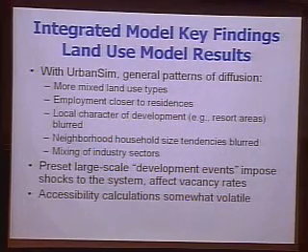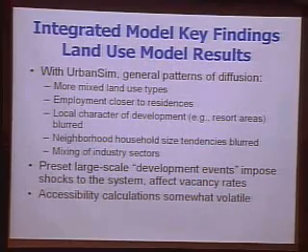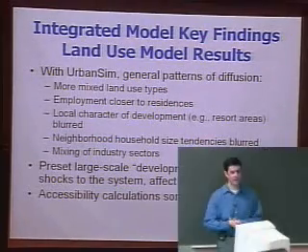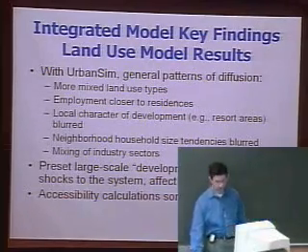I also found that those accessibility calculations can be somewhat volatile. I looked at the differences between 2000 and 2025, and they were pretty vast, partly because the whole area became so congested in 2025 because we didn't add any new highway capacity. And we didn't spread the peak hour over time like you would want. That really affected the accessibility calculations. However, I consulted with my good friend who's the main travel modeler in Salt Lake City, and he had very different results. So more needs to be looked into that.